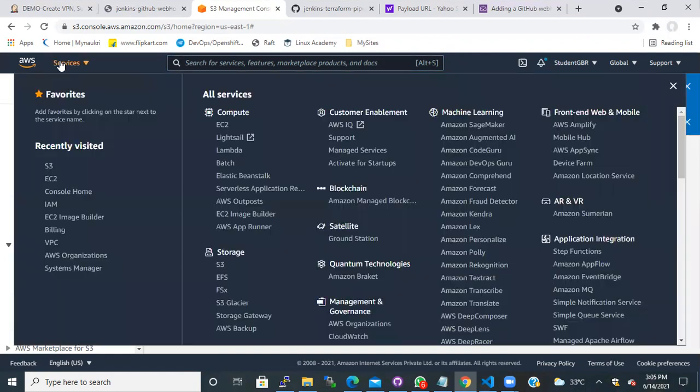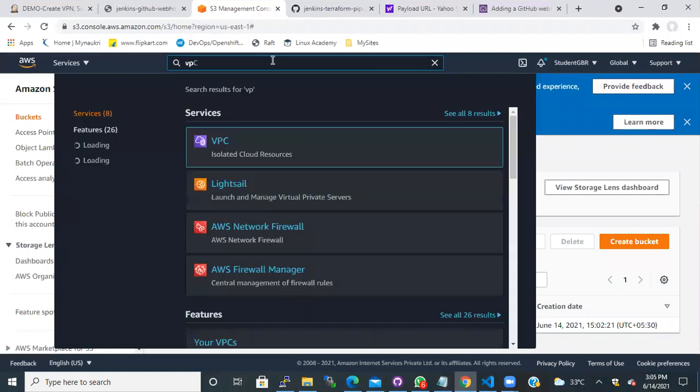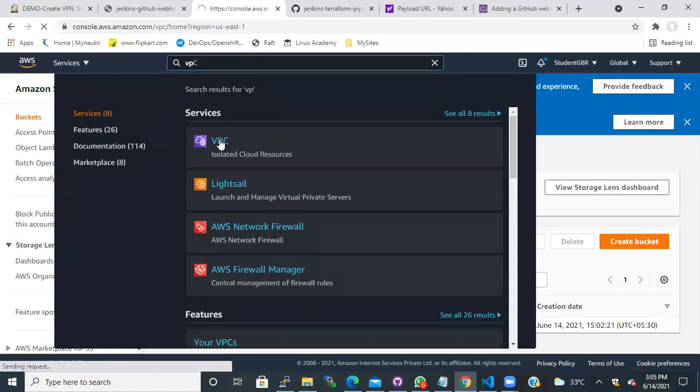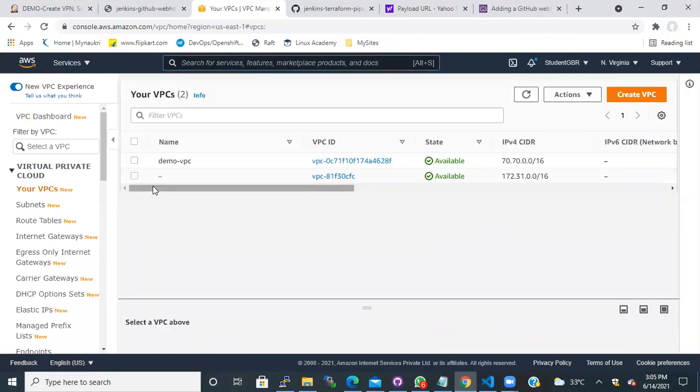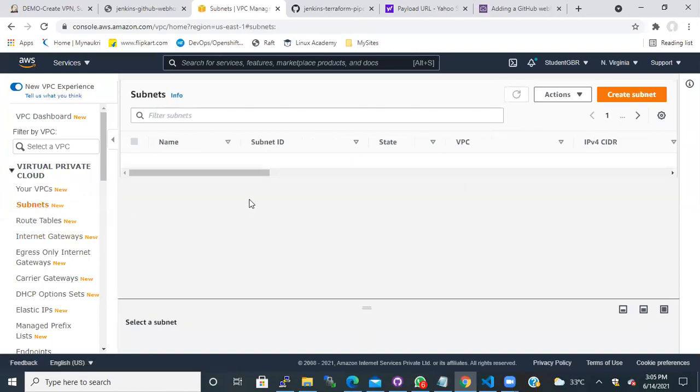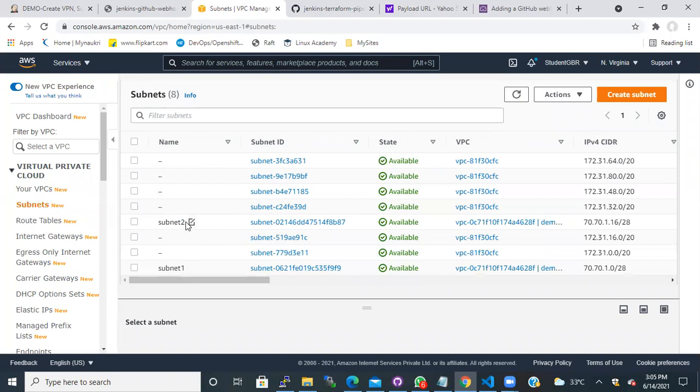So it's created. VPC should also be created. Maybe it's taking time. I don't know. Yeah, it's created, demo VPC. You guys see, and then it has created two subnets, subnet 1 and subnet 2. So let me see what is the issue on the other build.